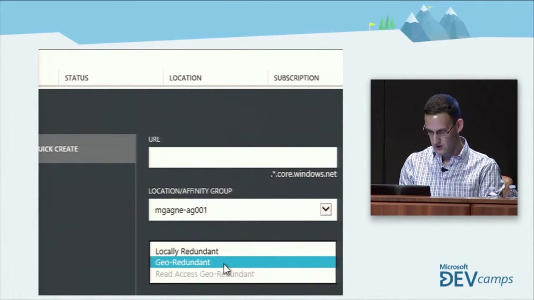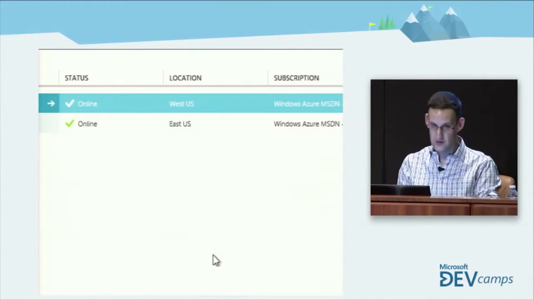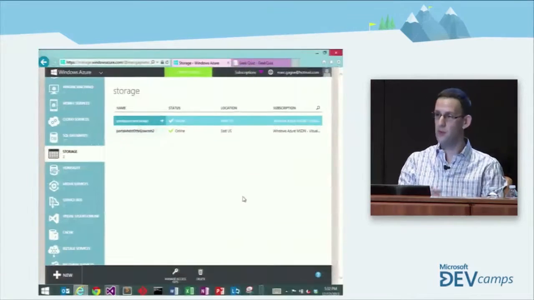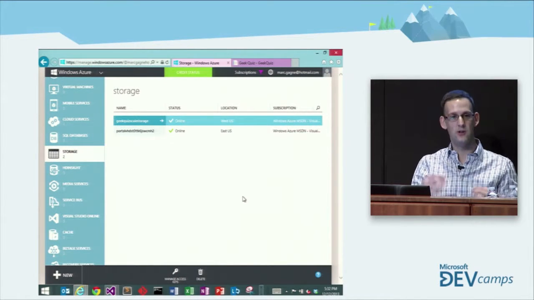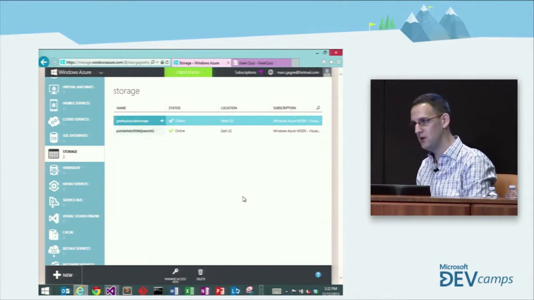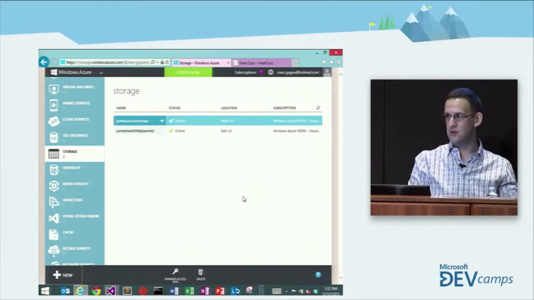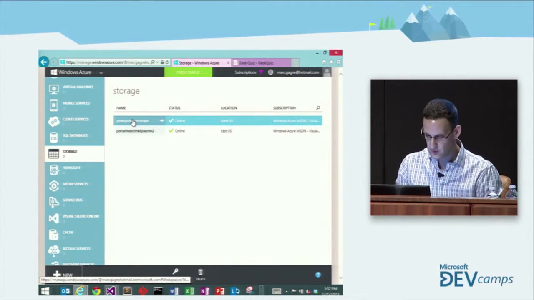And I said, yes, I do want geo redundancy, which also includes local redundancy. What that means is local redundancy gives me triple redundancy on the local storage, and geo redundancy means it takes that same content, moves it to a different data center, so that should there ever be a massive catastrophe, your data is still okay. So I went ahead and created this Geek Quiz storage